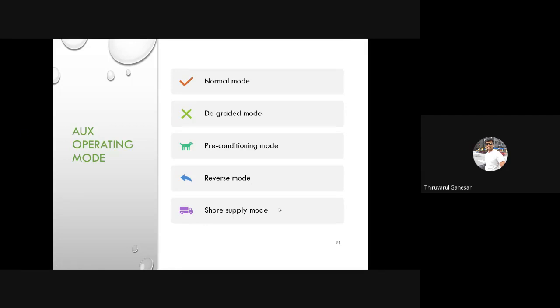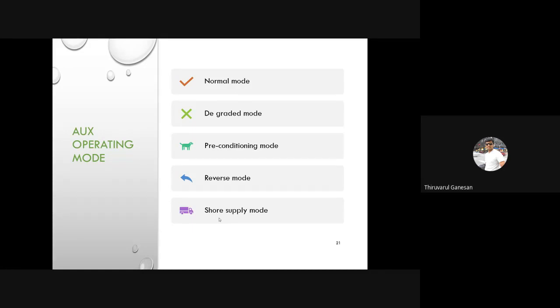And the final one is the source supply mode. Maybe it will be checked in the depot when the train is done for the day or at the end of the day. It will go to the shed and they will check all the parameters, control, everything, before starting the operation and at the end of the operation, both times. Maybe in the morning they will do everything, and even at night they will check all the parameters, and they will connect the external supply to the train, and they will operate all the auxiliary loads, and they will check the battery operation, battery healthiness, and all the parameters.